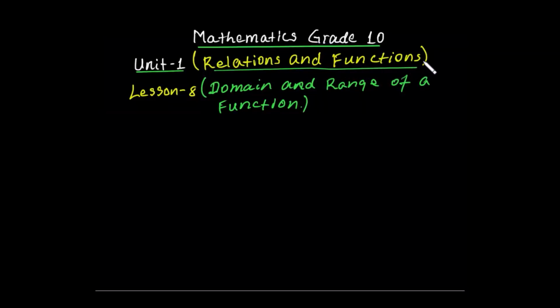ዛሬ lesson 8 which is domain and range of a function የሚለውን እናያለን። ባለፈው lesson 7 ላይ we defined what a function is። function ምን ማለት እንደሆነ ባለፈው lesson ላይ አይተናል። A function is a special type of relation with a property that whenever the ordered pairs (x, y) and (x, z) belong to a function f, then y must be equal to z ማለትም with first component x we cannot have two different values of y ነው።